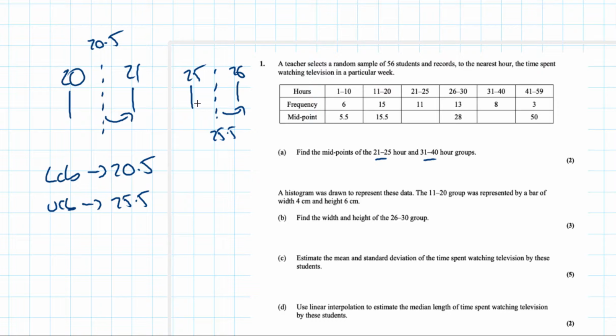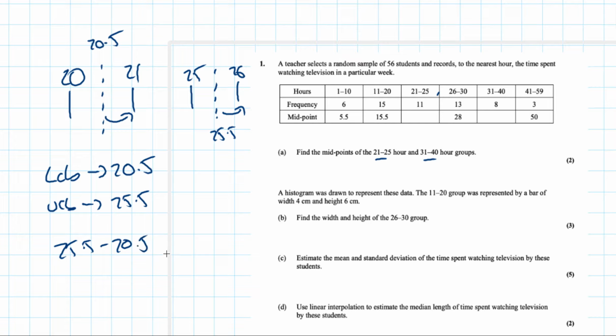Here it implies that the upper class bound is obviously the next value that would go, so it's the end of this class, and it's the beginning of the next class. So here the midpoint, when you're finding the midpoint, you've got to take into consideration the lower class bound and the upper class bound. So you would do 25.5